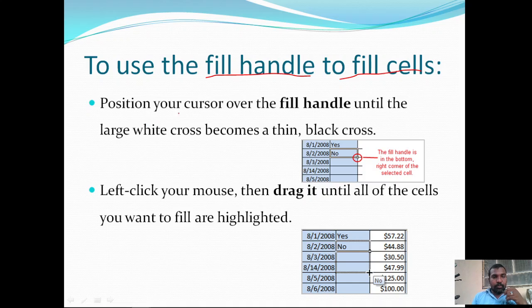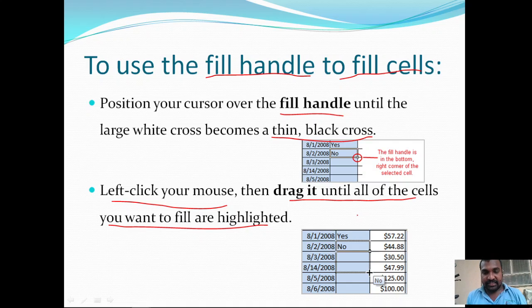First of all, position your cursor over the fill handle until the large white cross becomes a thin black cross. Left click your mouse, then drag it until all of the cells you want to fill are highlighted.